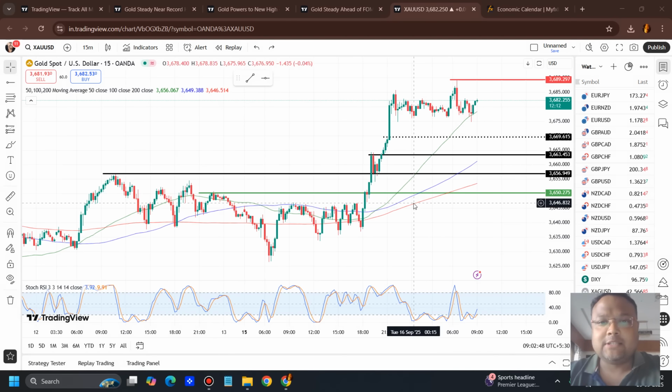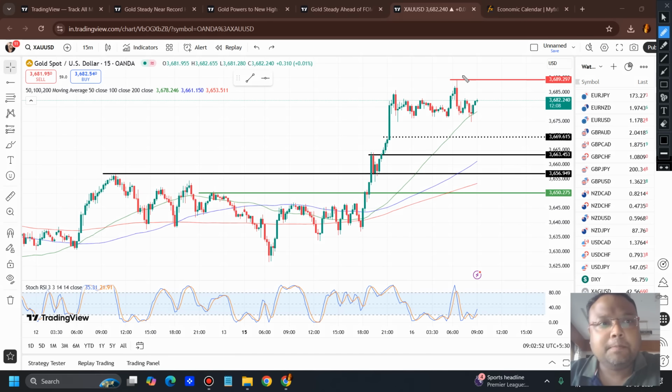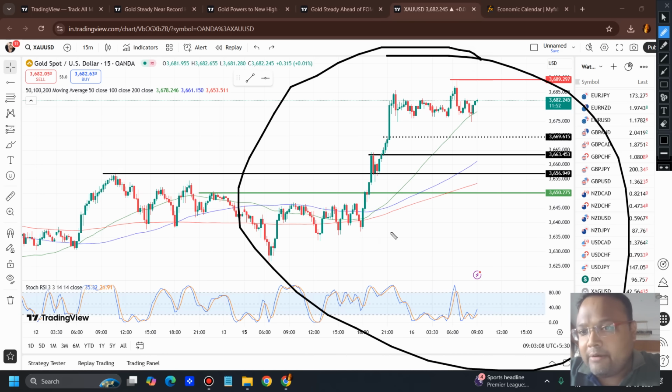Now let's discuss the levels. In a market situation like this, buying at a dip or buying at a retracement is the best trading strategy. Remember the bull flag from the daily chart we were discussing? We were not expecting this, but still it happened. So the first level, or the best level, to look for a buy position is around 3650, the green line. The green line here is the best level to buy.